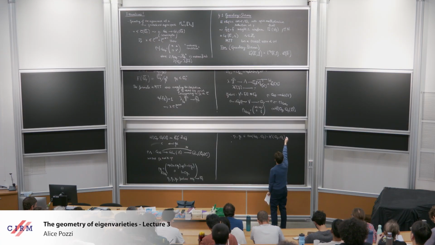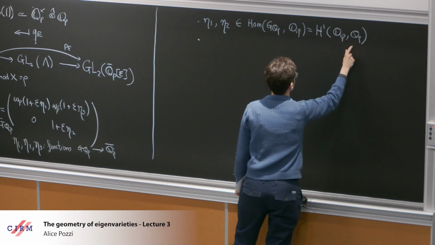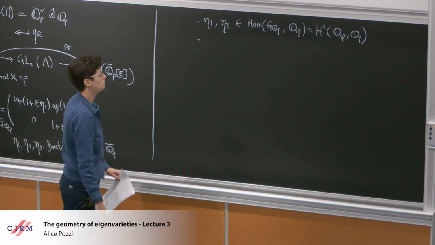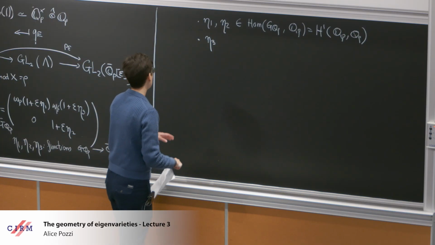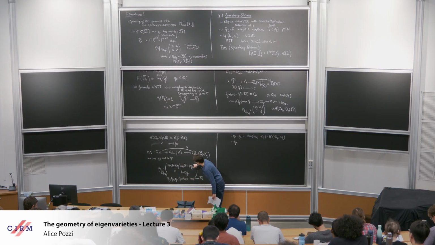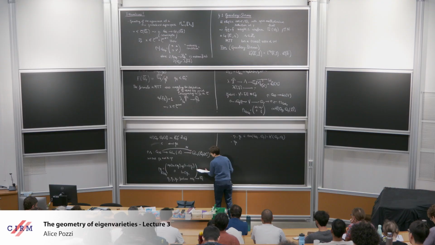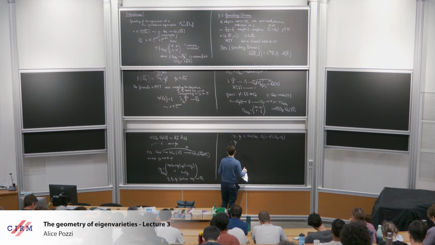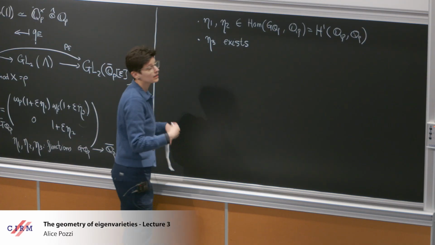So we have this extension class that corresponds to a class in cohomology. We have these two guys that land in this cohomology group H1, QP, QP. Fine. The crucial thing is now, if we want this to be able to fill this upper right corner in such a way that this is a group homomorphism, which it has to be if it's a representation, then this corresponds to a condition in cohomology